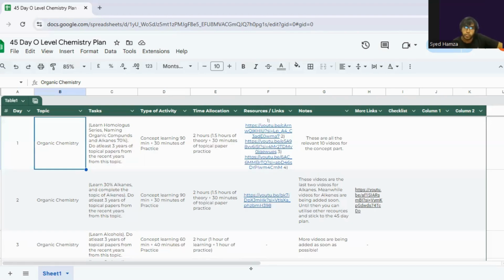Here, the concept learning is going to be for 90 minutes. Organic is a very detail-oriented topic that needs time, that needs understanding. If you have 2 hours, you need to spend a very good amount of time, around 1.5 hours, as I have mentioned in the sheet, only learning the concept and perfecting it, because concept learning is very important. Past papers, yes, they are very important for the paper as well. But if you just jump onto the past papers without actually understanding the concepts, it's no use actually.